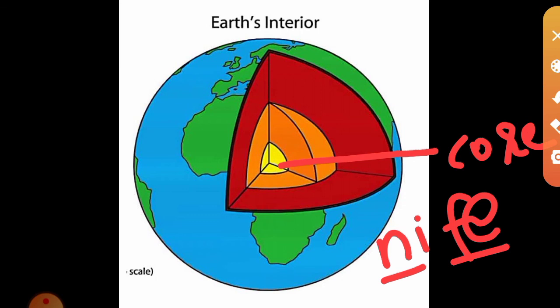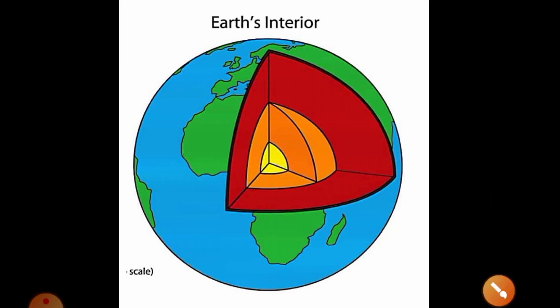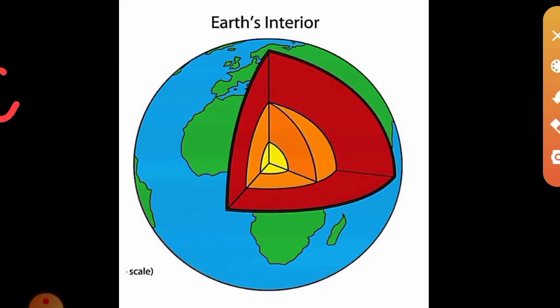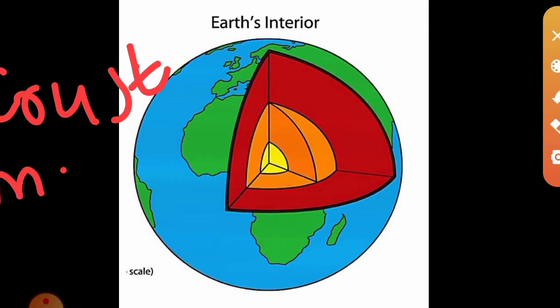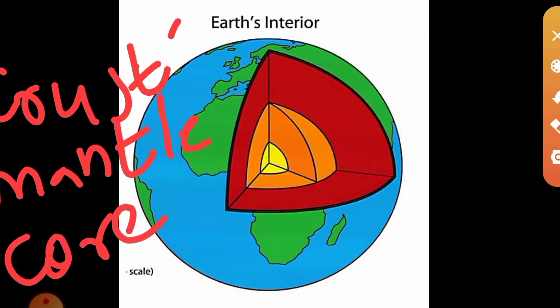And what about the temperature and pressure in this layer? As it is inside the earth interior, it has very high temperature and pressure. Okay. So these are the three layers which form the interior of the earth. Which are the three layers? Can you remember? The first one, crust. Then beneath the crust we have mantle. Then the interior part is known as core. These are the important layers of the earth.